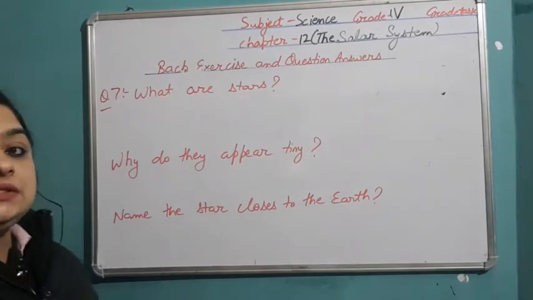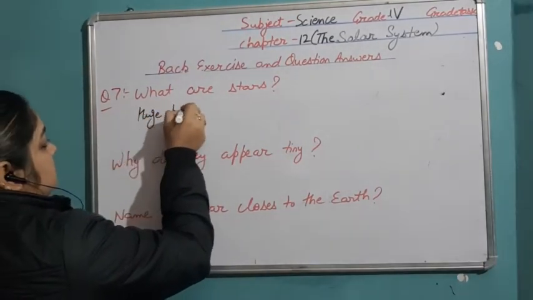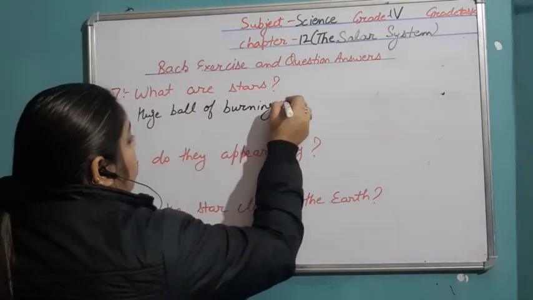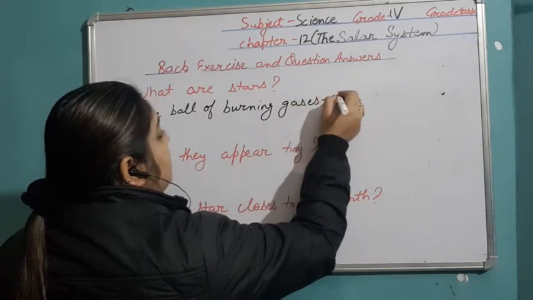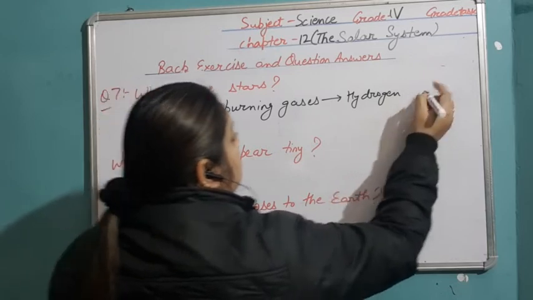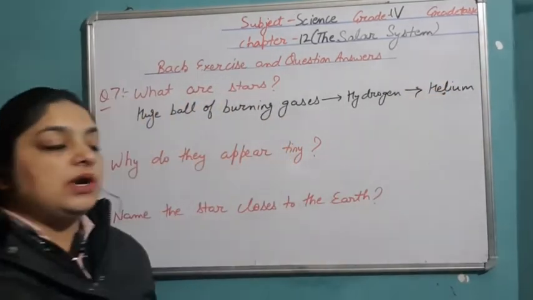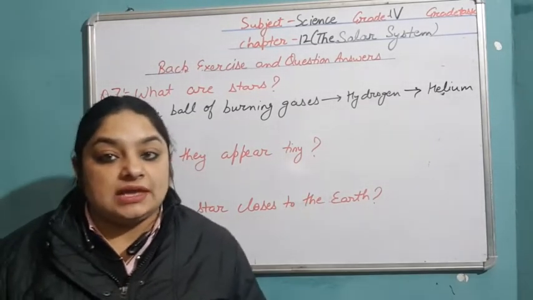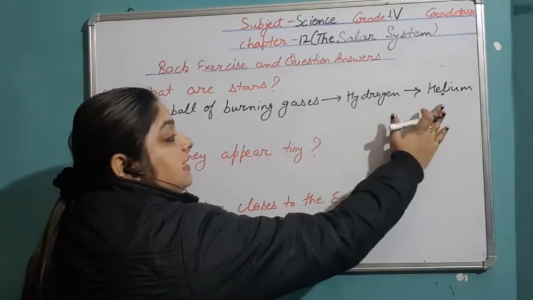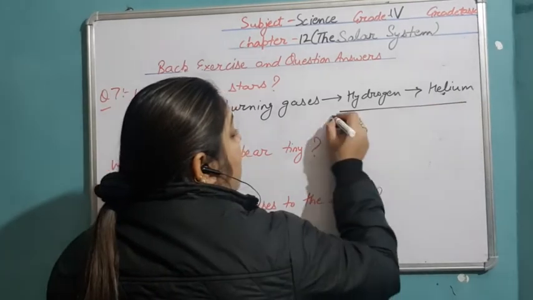First, what are stars? Stars are huge balls of burning gases. Now, which burning gases? Especially hydrogen and helium. Hydrogen and helium are the names of the gases. And on the surface of the stars, hydrogen is continuously getting converted into helium, and due to this, it gives out